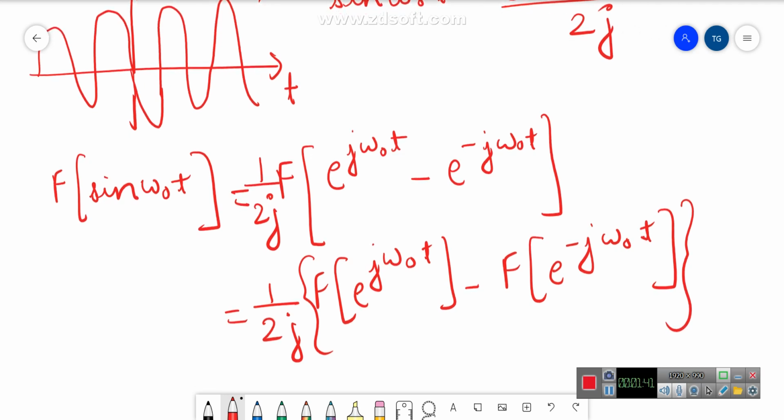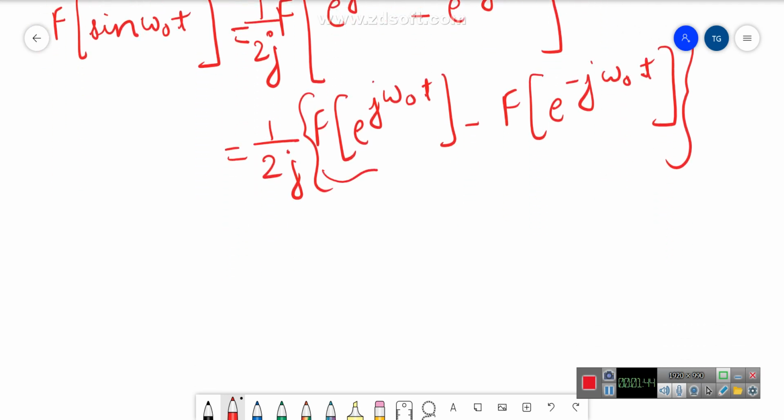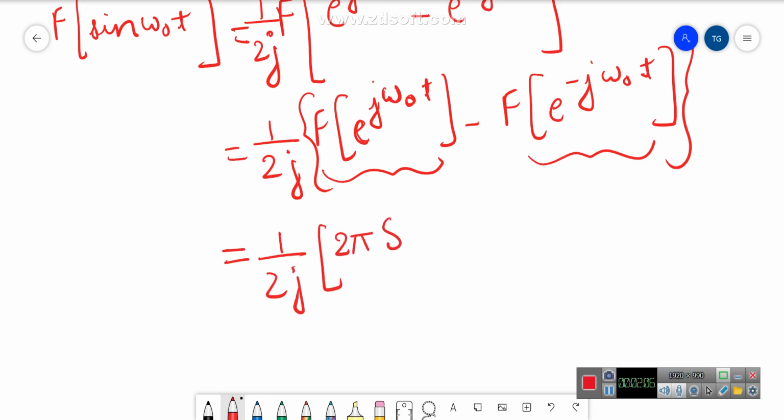So by using the frequency shifting property, we know when in time domain my signal is multiplied with this thing, e to the power j omega naught t, then it is given by 1 by 2j times 2 pi delta of omega minus omega naught. So in frequency domain, my frequency gets shifted by omega naught. It is having an impulse nature at